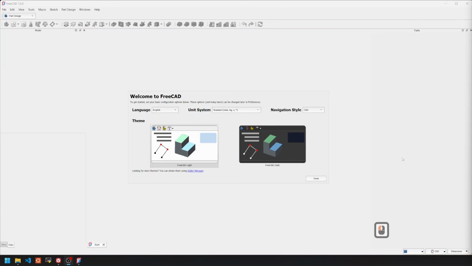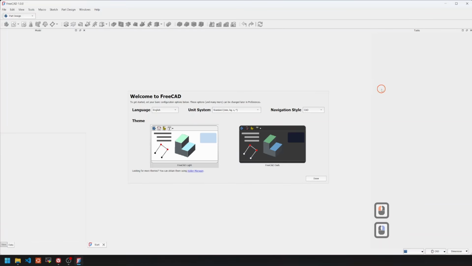Once you have installed it on your system, I'm right now here on Windows 11, you should see a similar startup screen like this here. Now here in the bottom right for this video you will see my mouse and keyboard input. A left mouse click is marked with an orange circle, a right one is marked with a blue circle, and a middle mouse click is marked with a yellow circle,